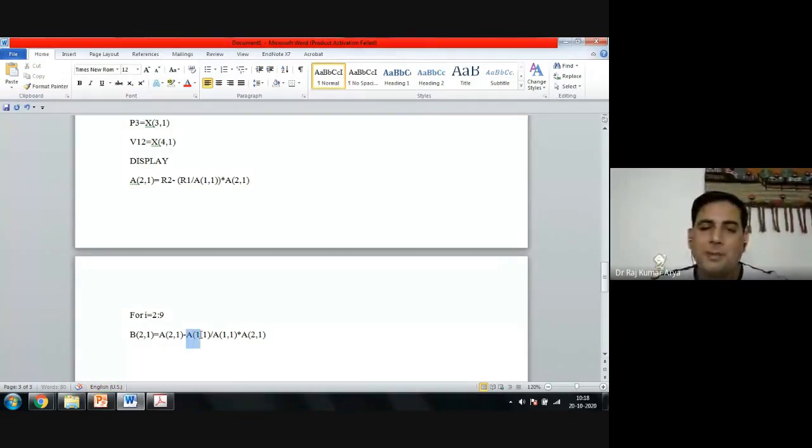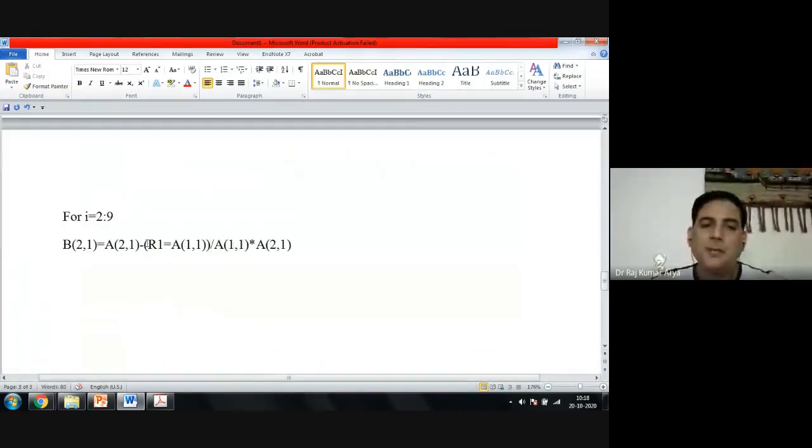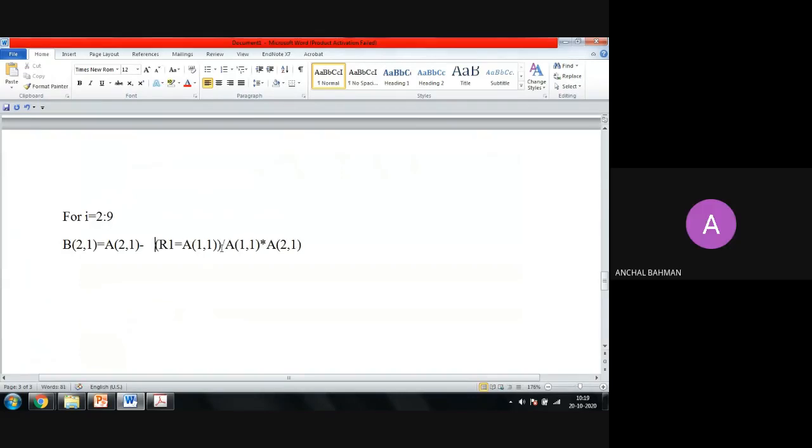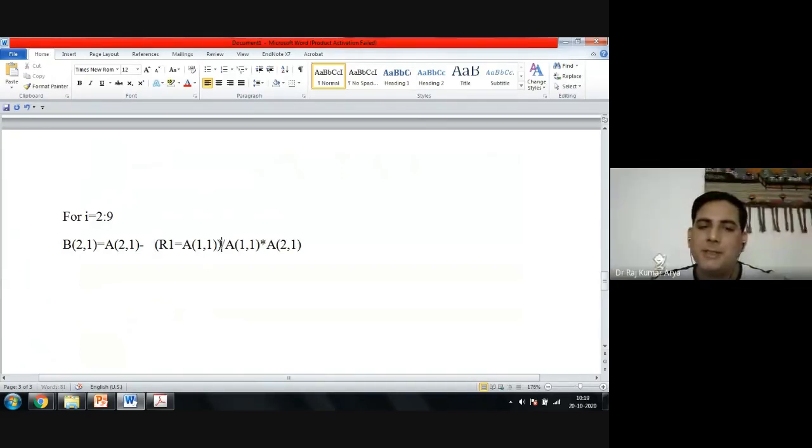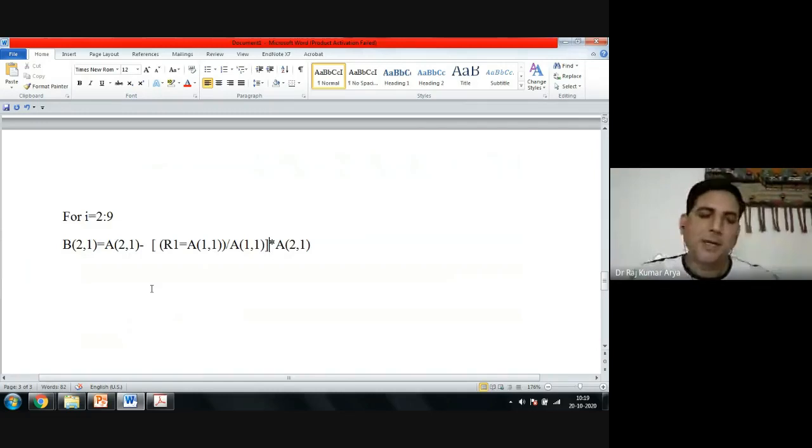A 1,1 is practically my R1, right? In place of R1 I substitute this, and then divide by A11, and multiply this entire thing by this. Now I have to write this in terms of I and J, because I have to calculate all the terms.